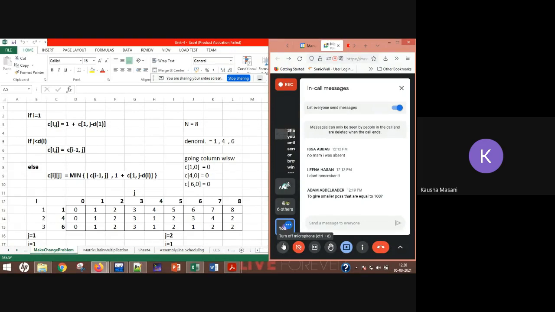Now based on these combinations of coins, which will be the ideal one to give the change, that is what we are going to find out. And for that we have to apply the bold, highlighted formulas depending upon the values of i, j and d of i.